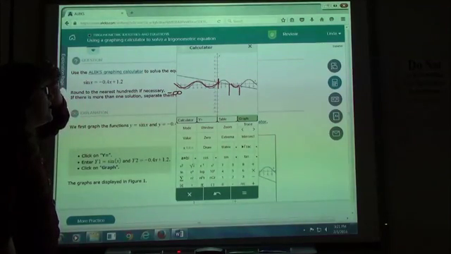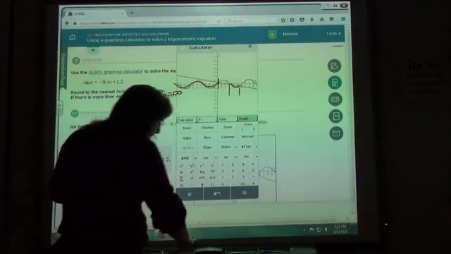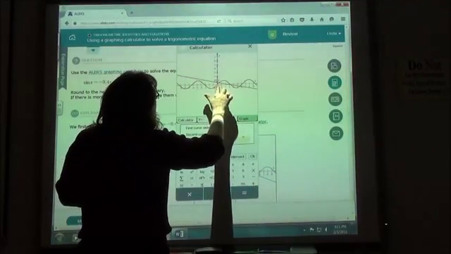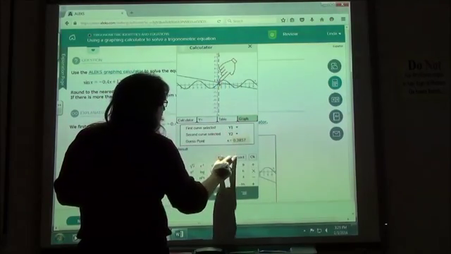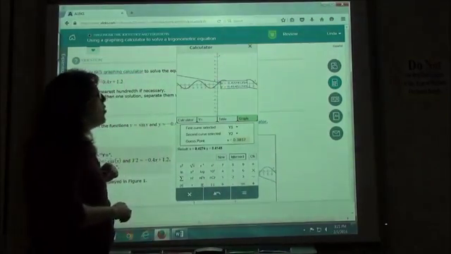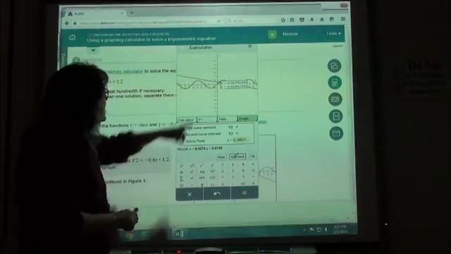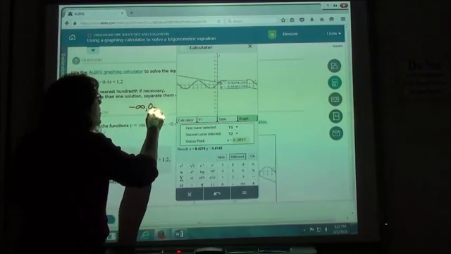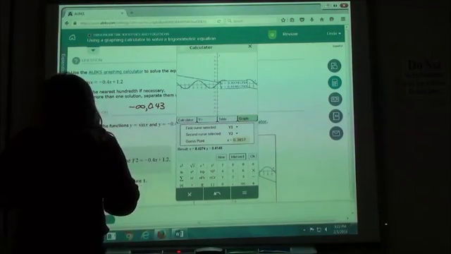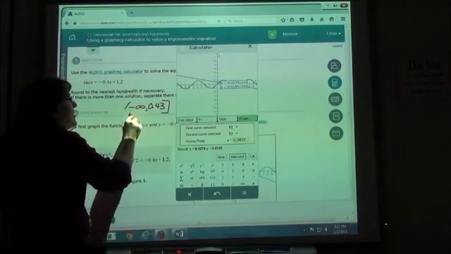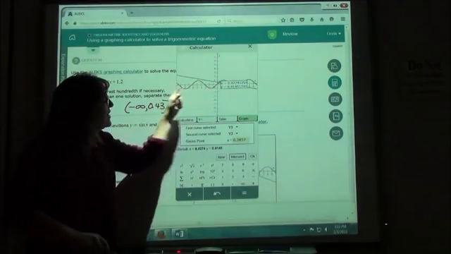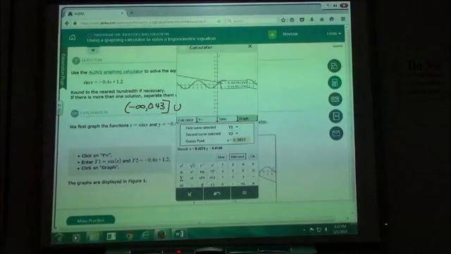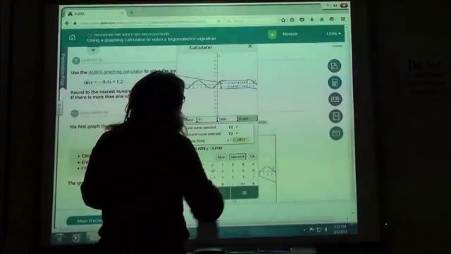So again, checking our intersections. If I clear off my scribbling, I'm going to hit intersect. I'm going to move that over and hit intersect here. And so we said that was at 0.43. So this section of my graph is going from negative infinity to 0.43. Now this had the or equal to, so this will have a bracket, this will have a parenthesis. That's this section right here of my graph. I'm going to join that with a union sign, but of course that's going to erase. And so when I go to the next part here,